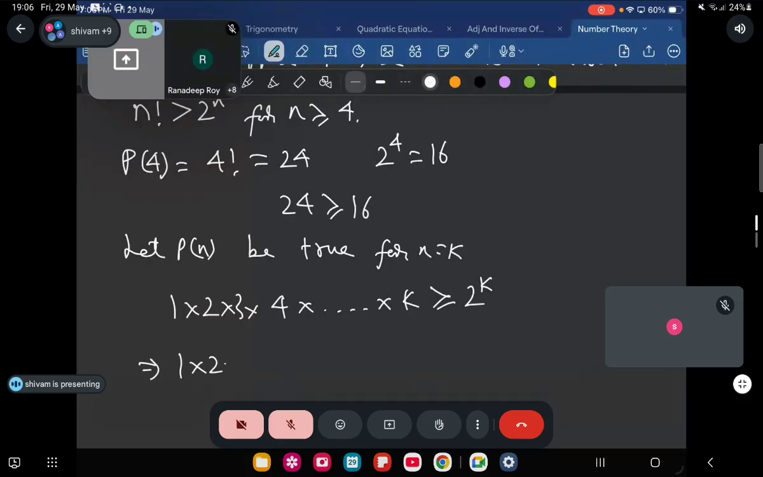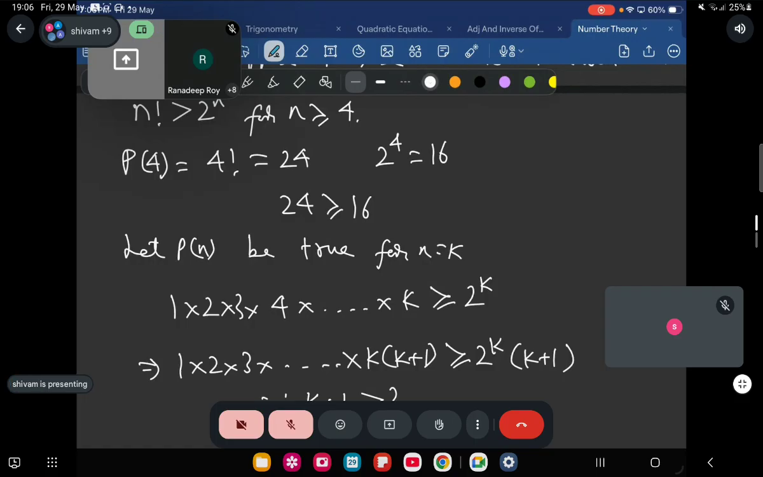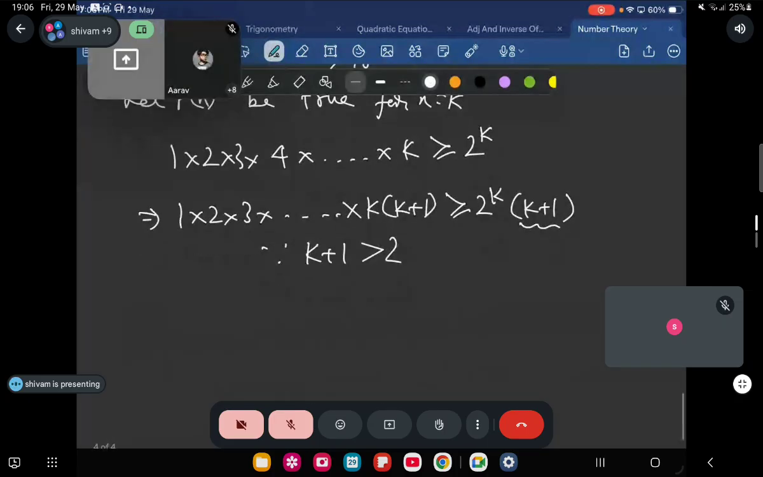This implies 1 into 2 into 3 into dot dot dot into k plus 1 must be greater than or equal to 2 to the power k into k plus 1. Right, everyone. Now, can I say k plus 1 is greater than 2? Aipshita, Vijay, Arav, can I say this? k plus 1 is strictly greater than 2? Yes, sir. So I can write k plus 1 as 2 over here. This implies k plus 1 whole factorial must be greater than 2 to the power k into 2. This implies it will be greater than or equal to 2 to the power k plus 1. Hence,